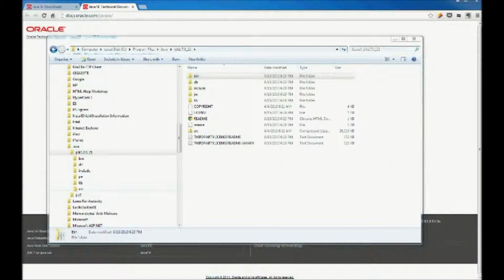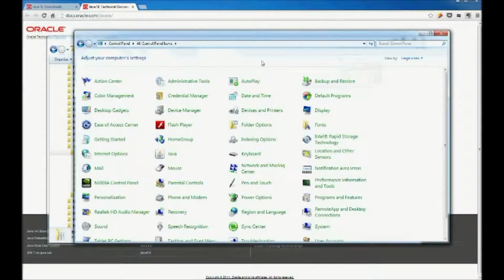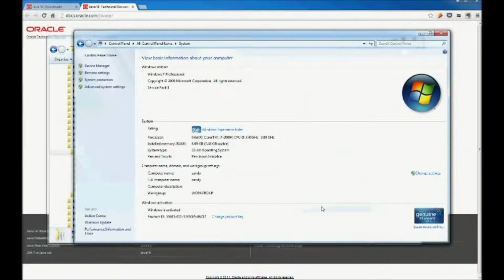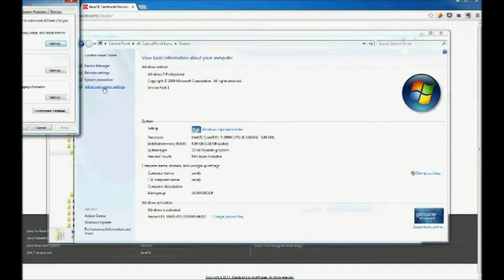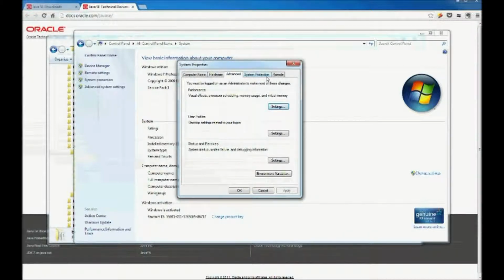So the next thing I have to do is, in Windows anyway, if anybody has a different version they'd like to talk about it, email me, but in Windows 7 I'm going to navigate to the Start button, then the Control Panel, to this System, Advanced System Settings, the environment variables. Let me pull this over so you can see it. The environment variables,